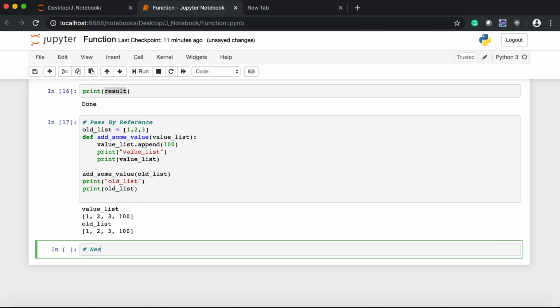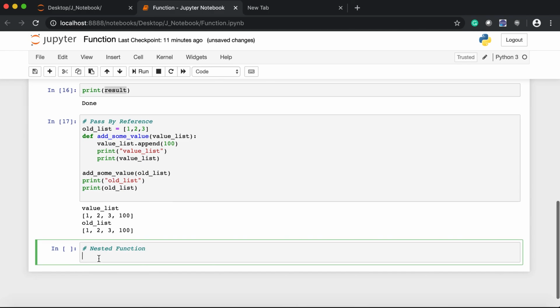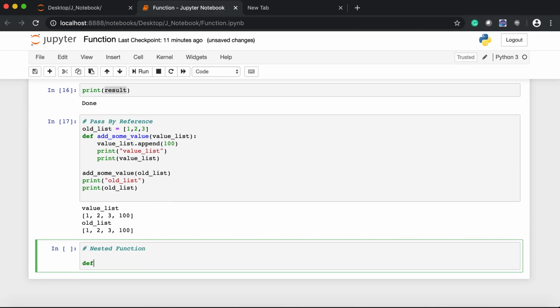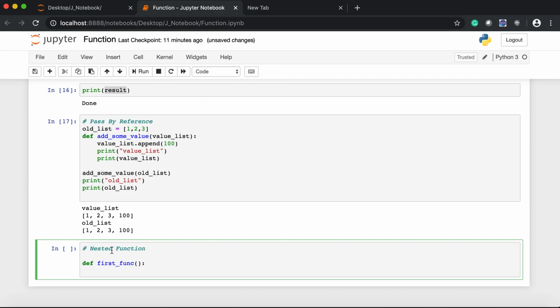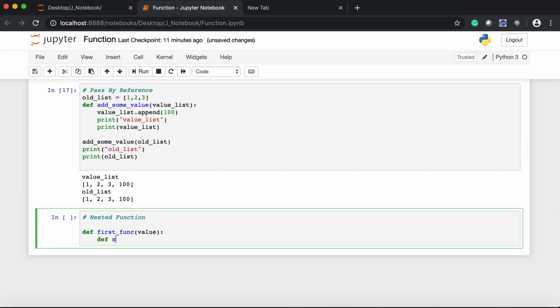Next, which is important, is nested functions. It means that we can create a function inside a function. So how can we do that? Simple. We'll create one function, def first function, give the name, and then some parameter. Let's say I want to give value, and then again one function inside that function. So that will be the second function, some value. Let's say give the same value,